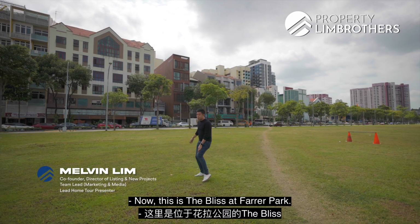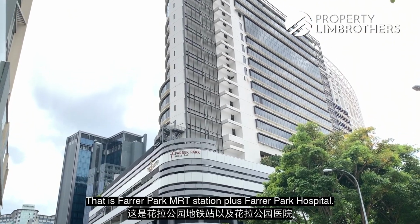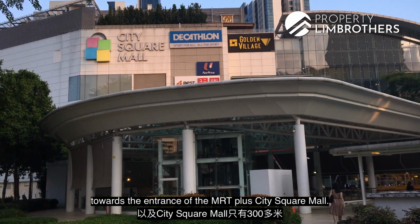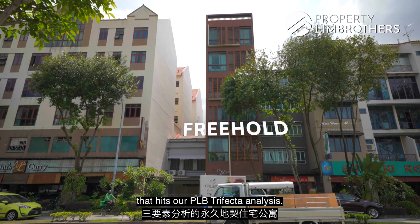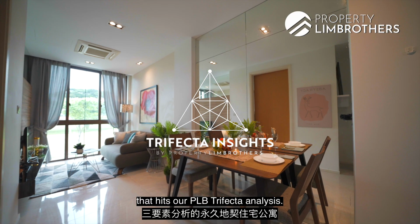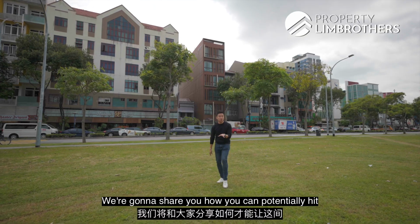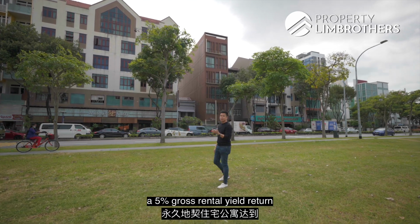Now this is the Bliss at Farrer Park. That is Farrer Park MRT station plus Farrer Park Hospital. You're also just about 300-odd meters towards the entrance of the MRT plus City Square Mall. We'll bring you to a freehold apartment that hits our PRB Trifecta analysis. And this is below $1 million for a 2-bed, 2-bath. We're going to share with you how you can potentially hit a 5% gross rental yield return on this freehold